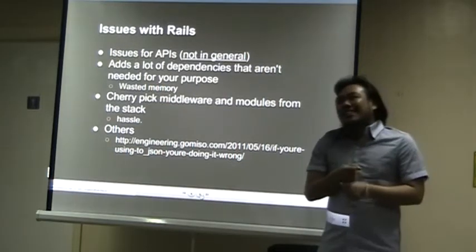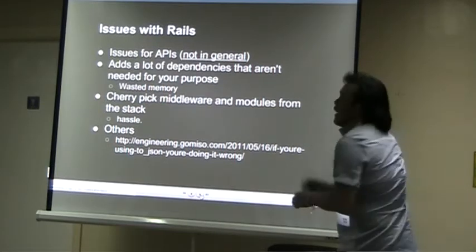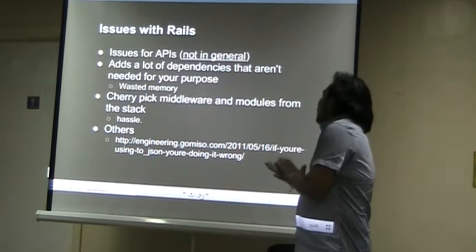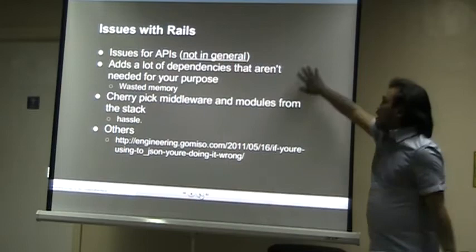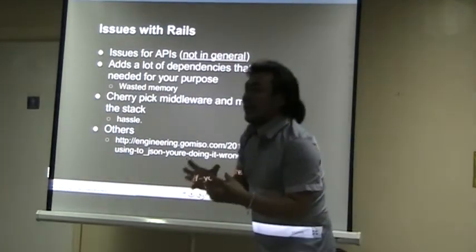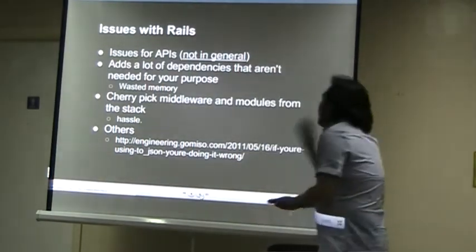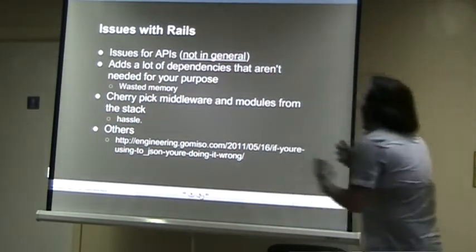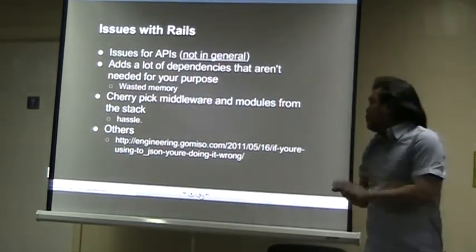It has some modules, I guess, for displaying proper formats on your browser, or for maintaining a client session. You don't really need this, or there's a lot of things that you won't need since the API is actually much simpler than your standard web application. Although you can ideally cherry pick or set up Rails in such a way that it works for APIs, that is such a hassle.